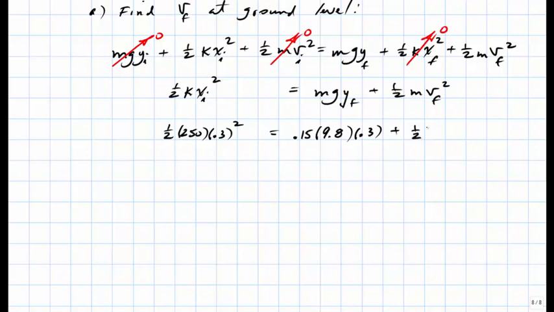The last term amounts to 1/2. The mass is 0.15, and you can see the only unknown is the final velocity. So using a calculator, we note that the left-hand side equals 11.25. This product turns out to equal 0.441, and on the end we have 0.075 V final squared. We'll subtract 0.441 from both sides,